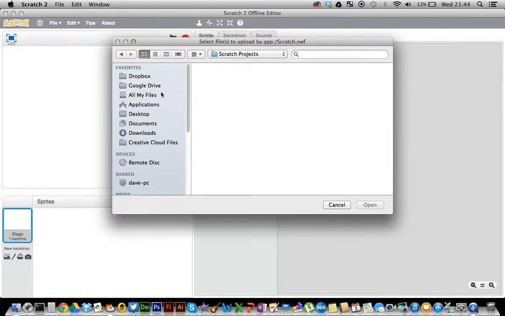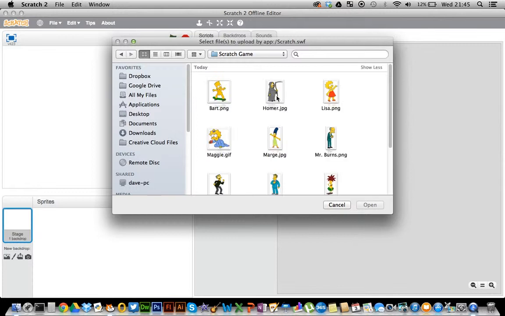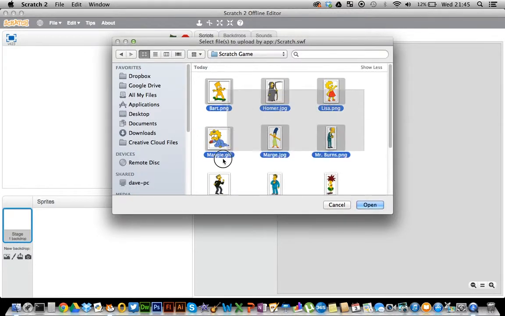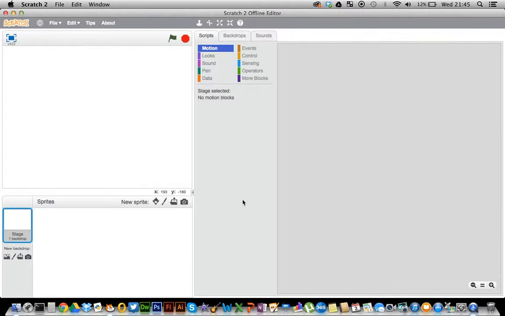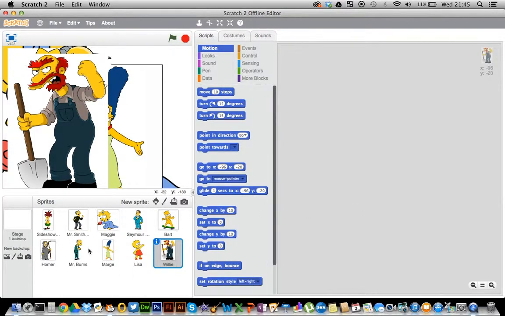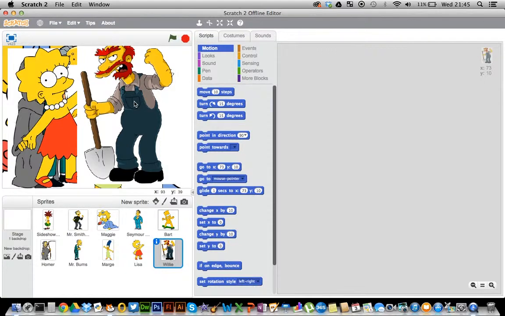And then it asks me where the sprite is. So I need to just find my folder. And here's all of my folder, all of my scripts here. So I'm going to drag all of them and click open. Okay, you'll notice that they have all appeared down here. And they've also appeared on the stage. Okay, so I can